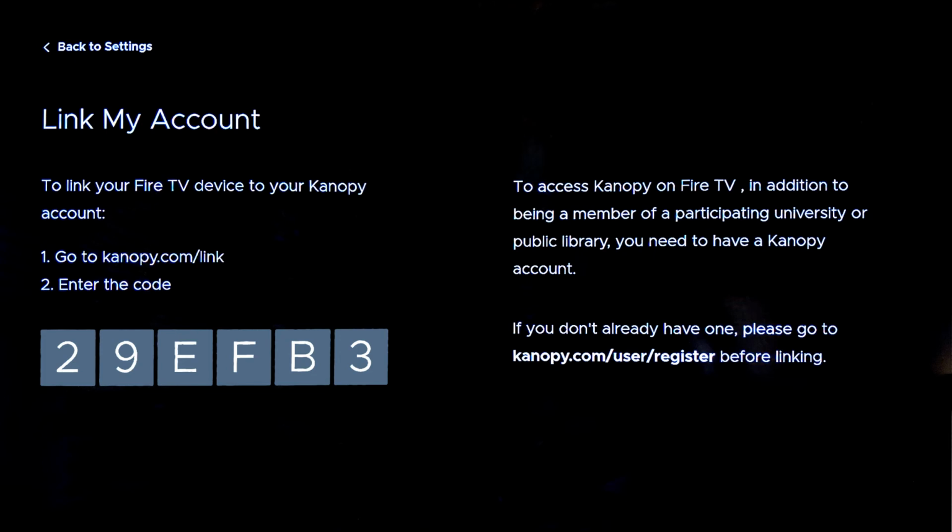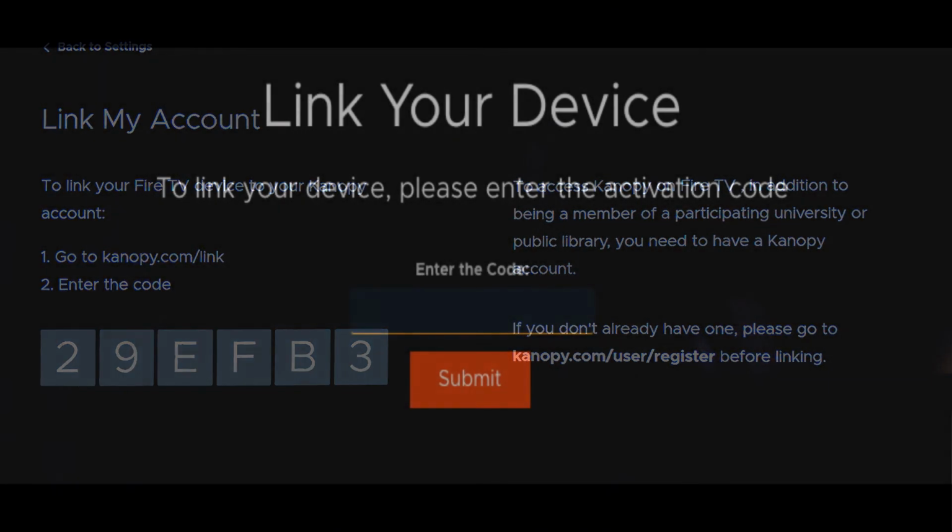So to do that, all you have to do is go to Kanopy.com/link, which is written right there on the left-hand side above the code, and you're going to enter this code, and that's it, and it will automatically pair with your streaming device, and you won't have to log in ever again. So we're going to go to Kanopy.com/link,